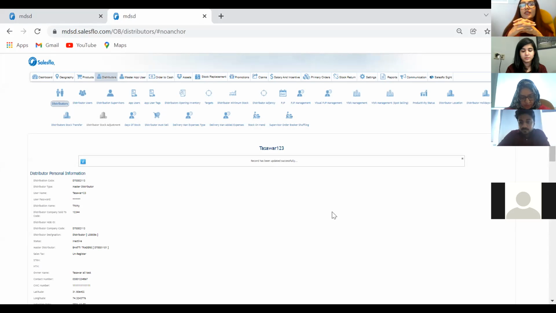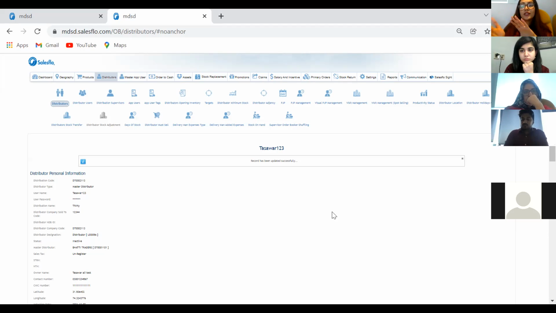Now, what's there to note in terms of this feature's impact on other modules, for example in terms of reporting. What needs to be understood is that initially there was a distributor, let's say distributor A, and it was a DD. When we're looking into the reports, there's a distributor type filter. If you select the type DD, you'll see the sales against that particular distributor accumulated for that particular time period,